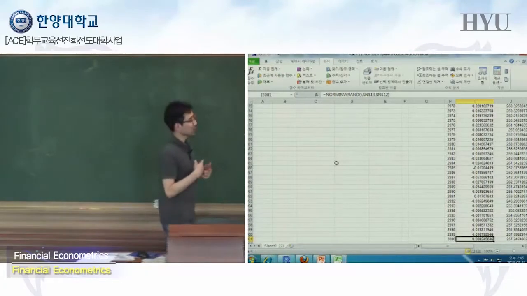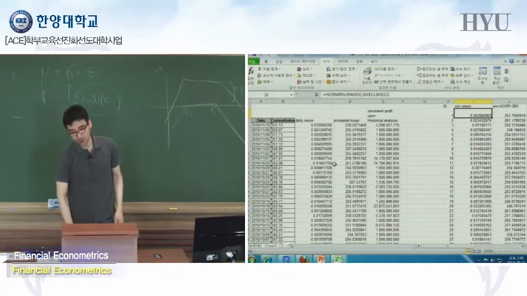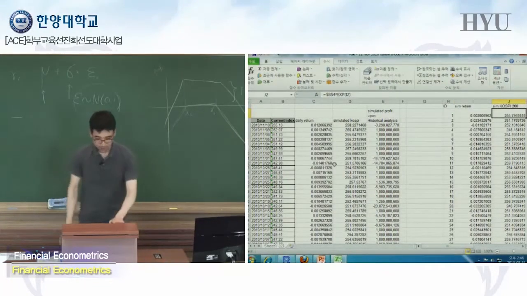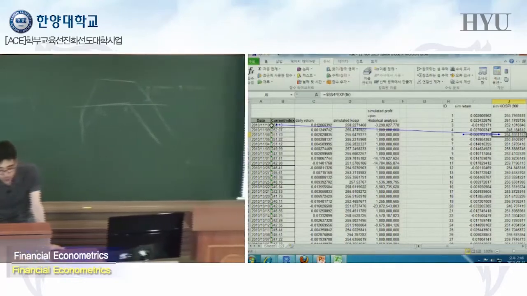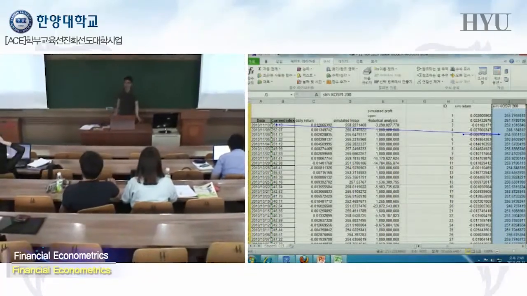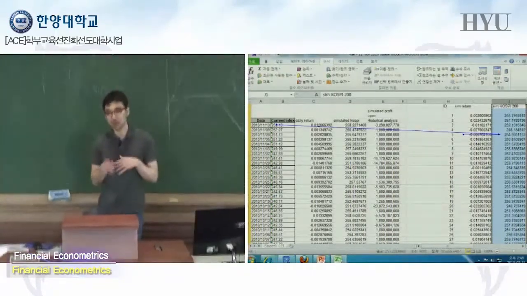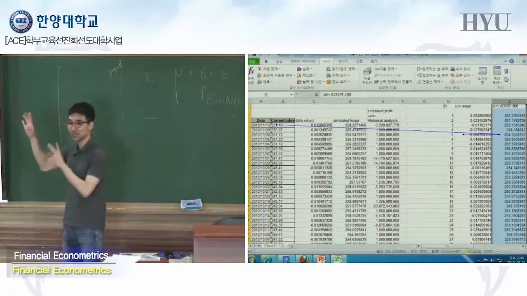So one advantage of a simulation is I can simulate more numbers. Again, the next procedure is the same. For each simulated return, I multiplied this 255. What I did is, yesterday's KOSPI 200 value I multiply by the exponential of this simulated return. Then I have a simulated KOSPI 200, but it is not based on historical simulation. It is from a standard normal distribution with the mean and variance there.